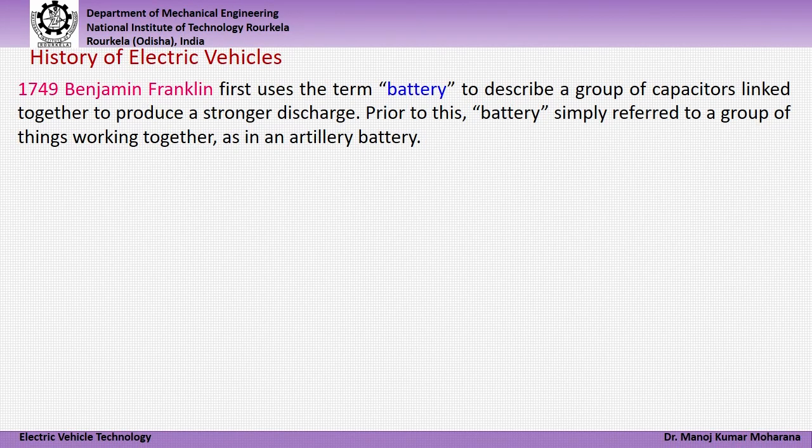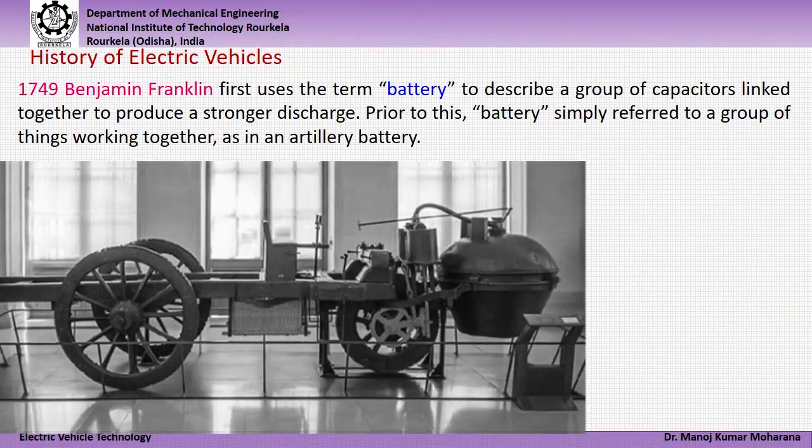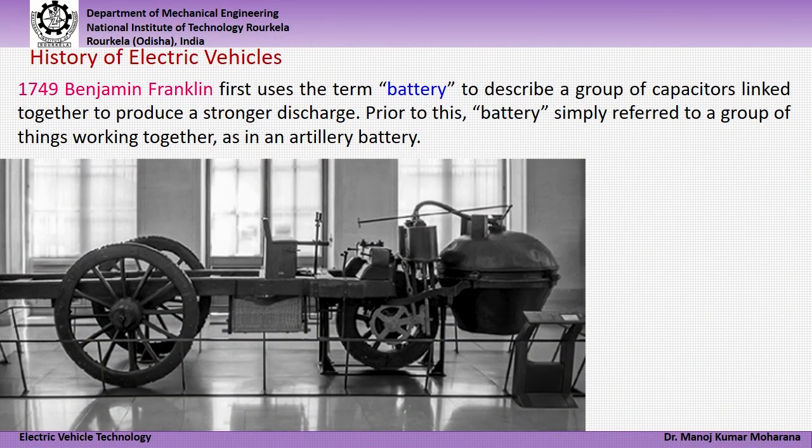Benjamin Franklin in 1749 first used the term battery basically to describe a group of capacitors that is linked together to produce a strong discharge. Before that one, a battery used to be simply referred to a group of things working together as the case of an artillery battery. So, here you can see the photograph of the